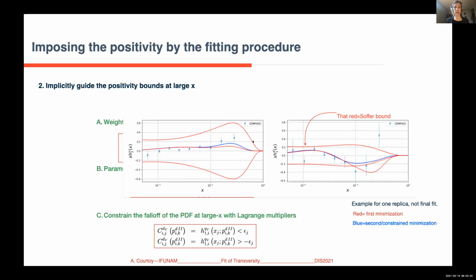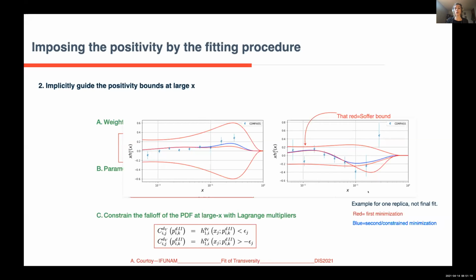That's what we do. And then the last step is, since we did not really impose the softer bound, and by the way, this softer bound I show here is not exactly correct, it was an old plot just to see how things work, right? Since the softer bound was not imposed, we still had to make sure that we don't go crazy outside of the softer bound with this functional form. And as you can see here, so just check. The first minimization will be the red one, this one here. For the up, it will be this one here, and for the down, it goes here. So as you see, if we don't impose anything with this functional form, we can find something that is pretty decent, but still it goes really low